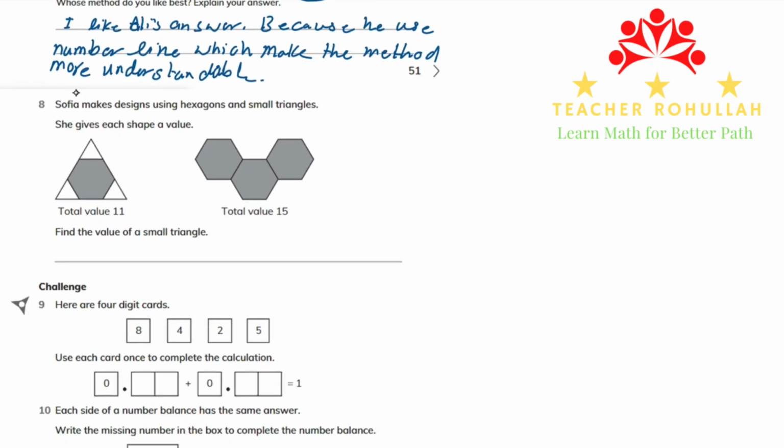In question 8, it says, Sophia makes designs using hexagons and small triangles. She gives each shape a value. In the first shape, she has 3 small triangles and 1 hexagon, and the value for that is 11. But in the next shape, she has 3 hexagons, and the value for that is 15. So here we can say that 3 hexagons